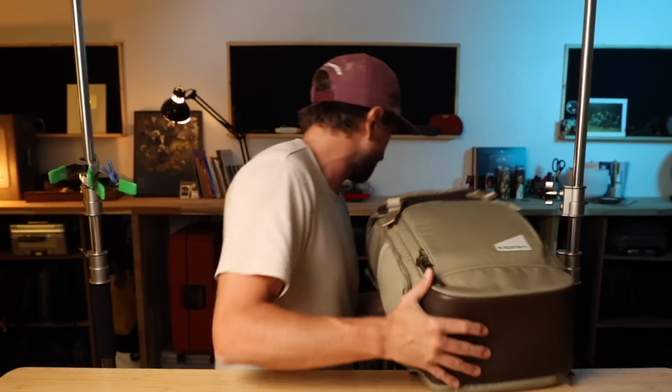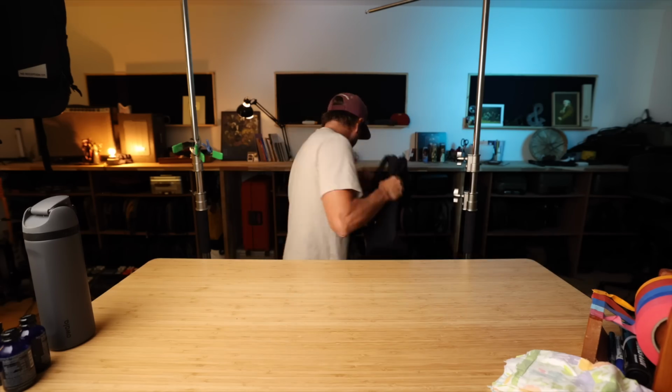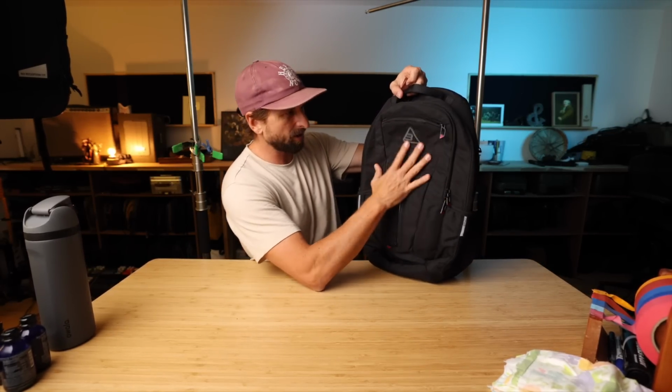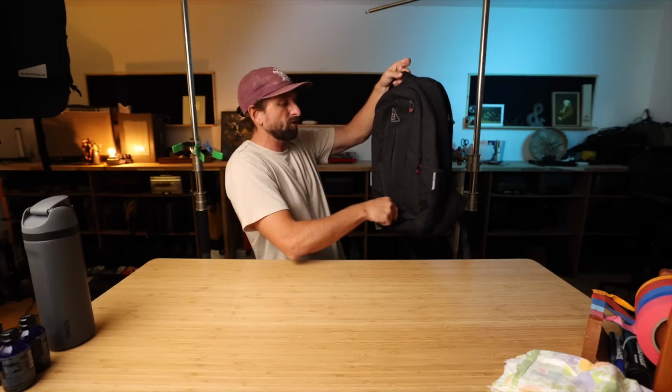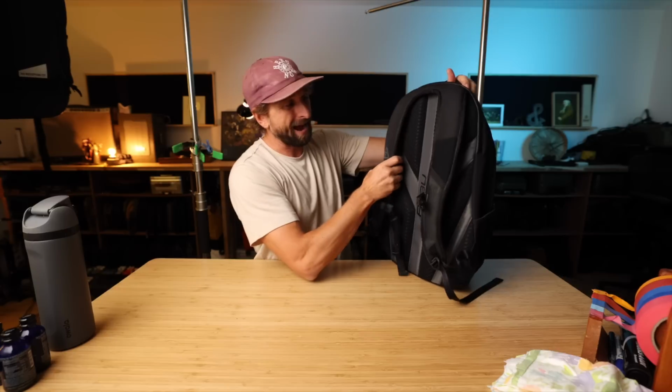If I did my own bag, if it's just me and the kids, I'd probably be going this way. This is the Evergoods Civic half zip. It's smaller. If I needed more space, this actually isn't more space. This is the same amount of space. It's just more structured and a little more sleek in some ways from Beau. I think if you're attracted to the organization on the outside of this and the back panel, this is